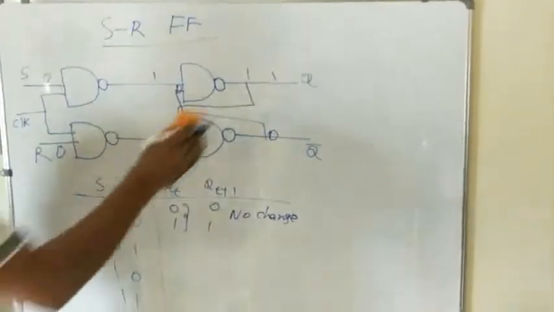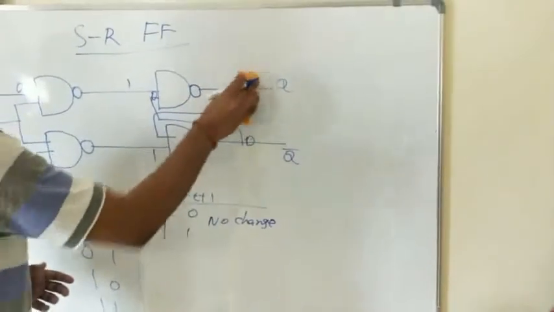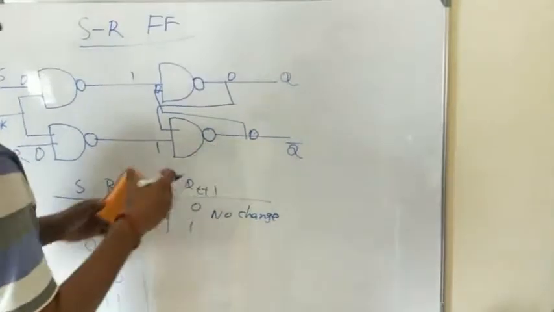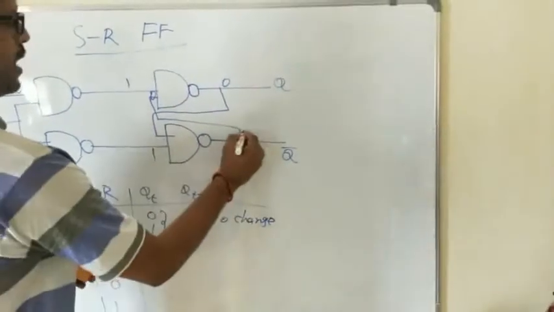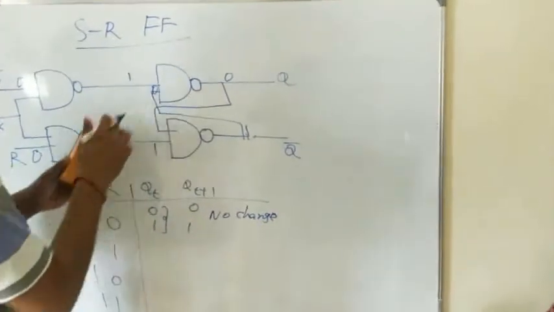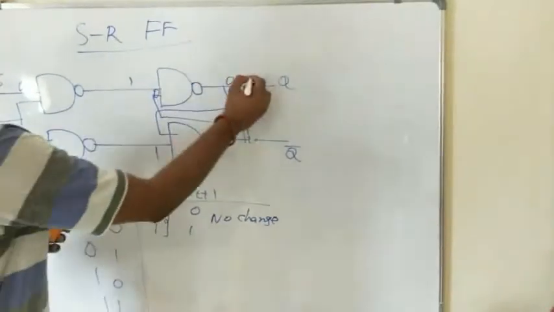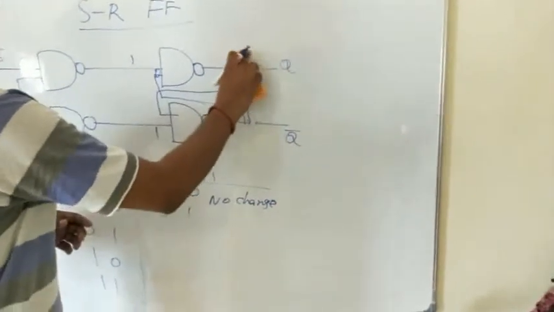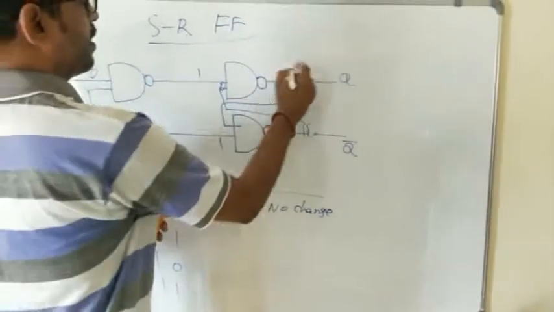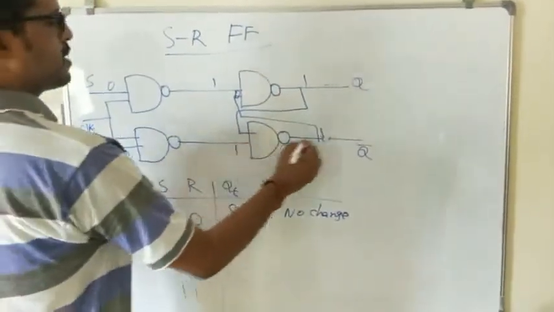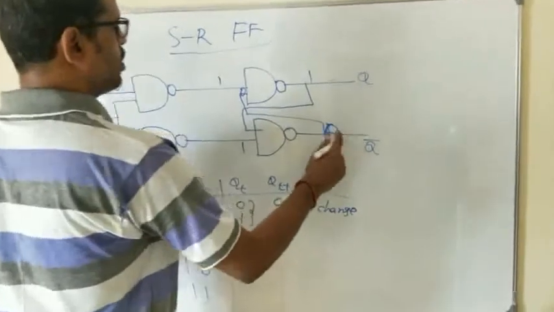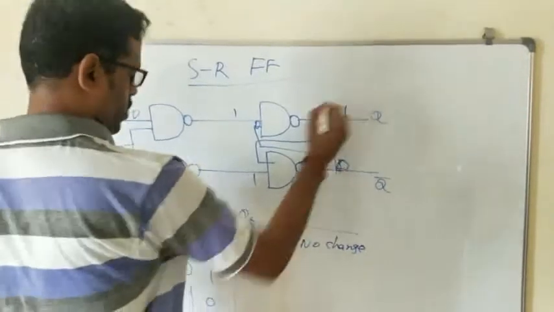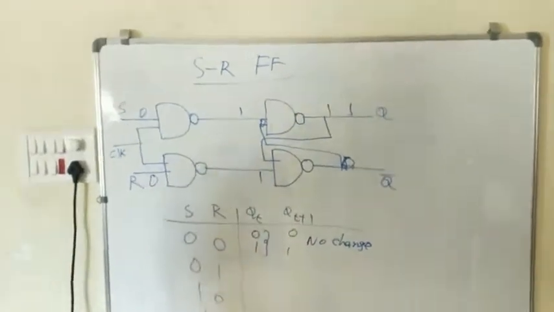Once again I will repeat. If the present state is 0, it will come here. So what will happen here? You will get 1. Okay, this one will go here. This one will go here. So 1 1 means you will get 0. Okay. If I use the present state as 1, what will happen? Both inputs are 1 means it is going to be 0. If 0 comes here, if any one of the input is 0, the output is going to be 1. So 1 here. No change state.